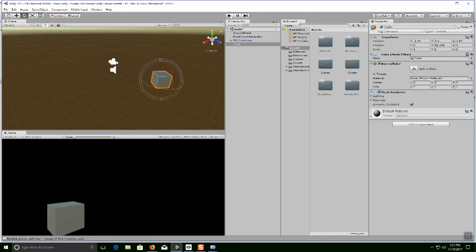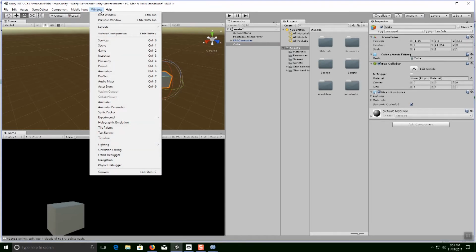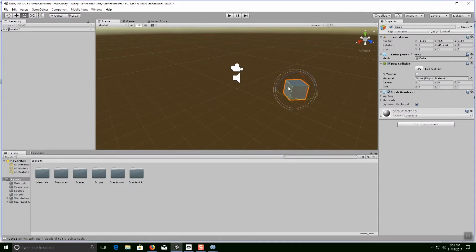All right, and then at the end, if you're done with this and you want to go back into your regular view, you would just basically go to Window, Layouts, and then go to your default window layout, which is where you came from. Before I end this video, however, I just wanted to show you one more quick thing,